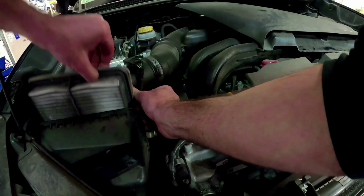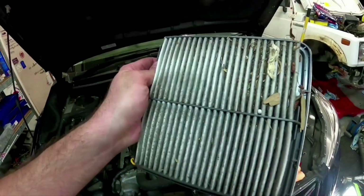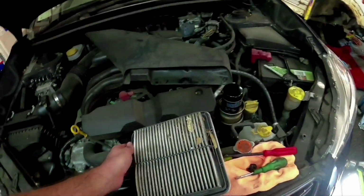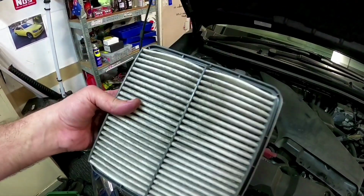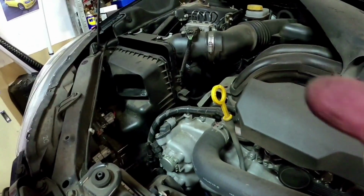Now this air filter is pretty filthy. We'll give it a blowout. It probably really needs to be replaced on this one, but we haven't got one with us at the moment. So I'll take that outside and I'll blow that out with the air blower. So we're giving that a quick blow off. I'll order a new one of these for this. It's a bit too filthy for my liking, so we'll chuck that back in. Now the last job we're going to do on the car